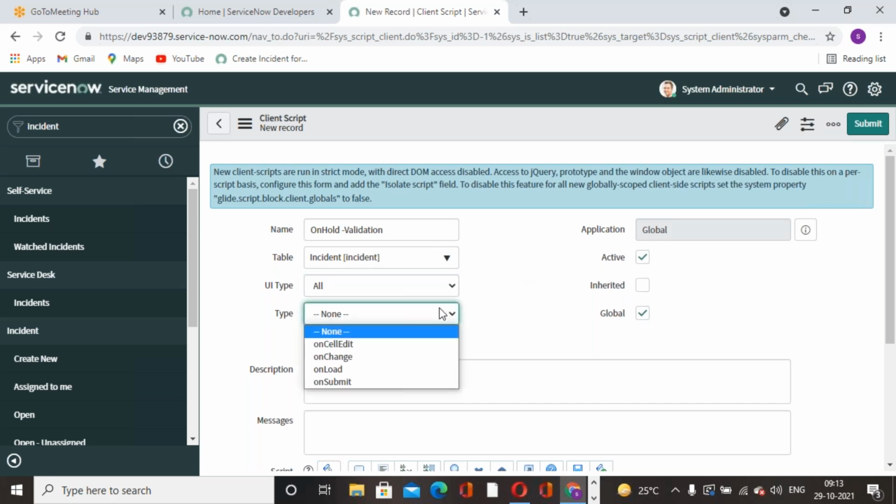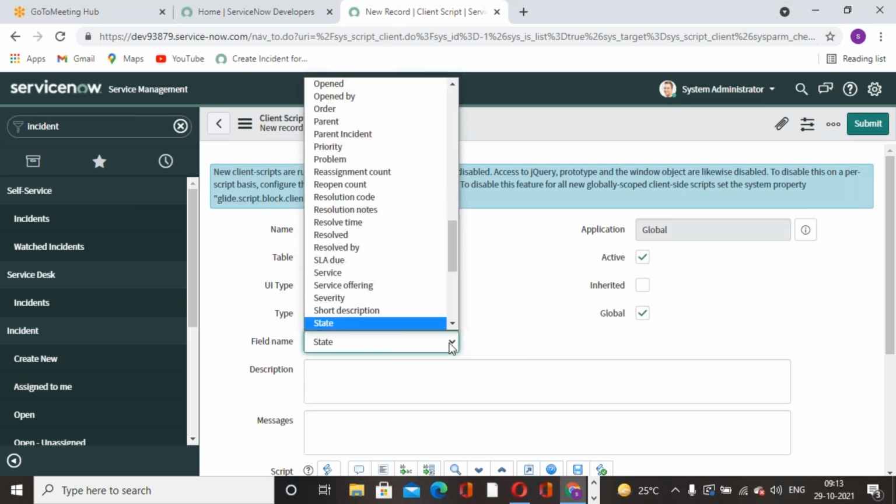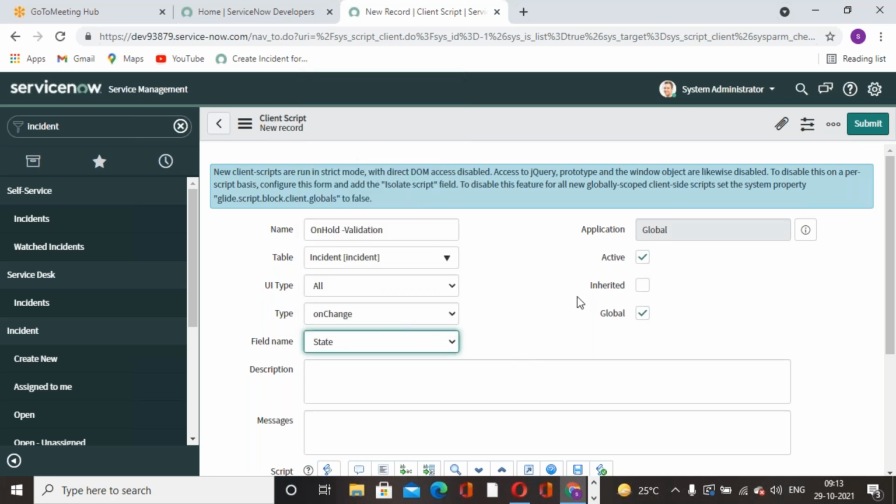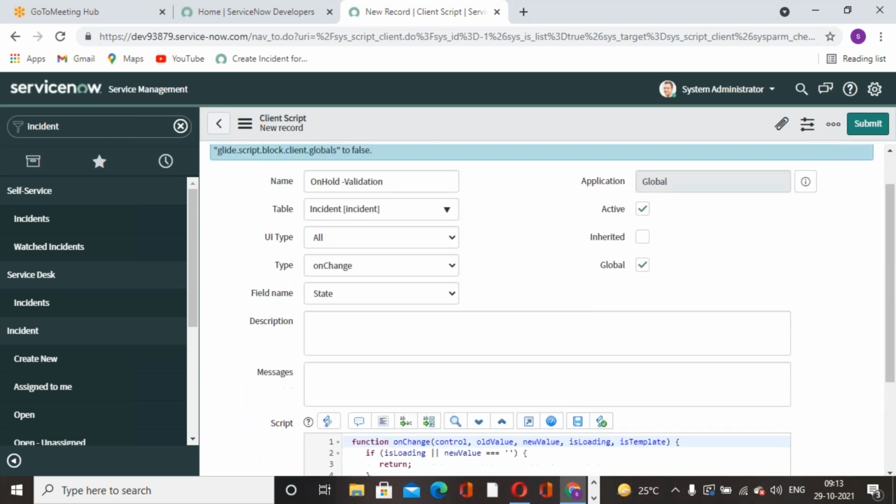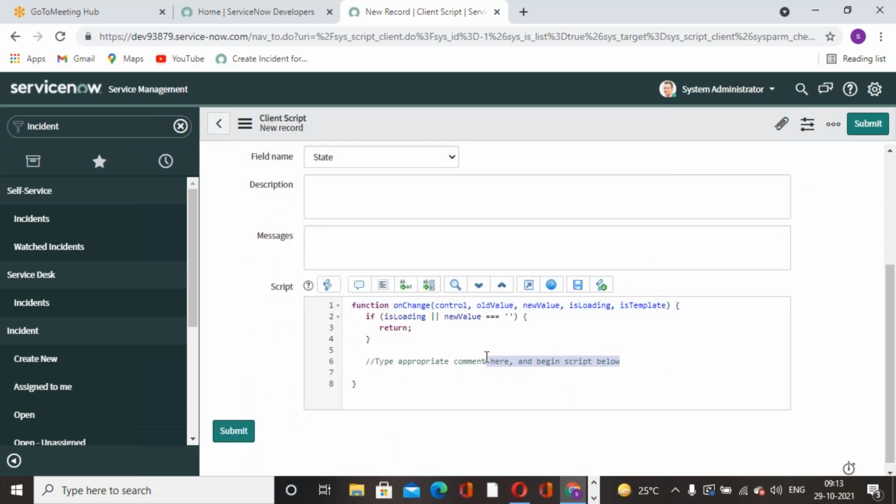Okay, so which type of client script do we have to select? Now I'm working with on change. Okay, so an on change client script gets executed when you change a particular field value. Which field value? State field value. Select it. Okay. So when you change the state value to on hold,